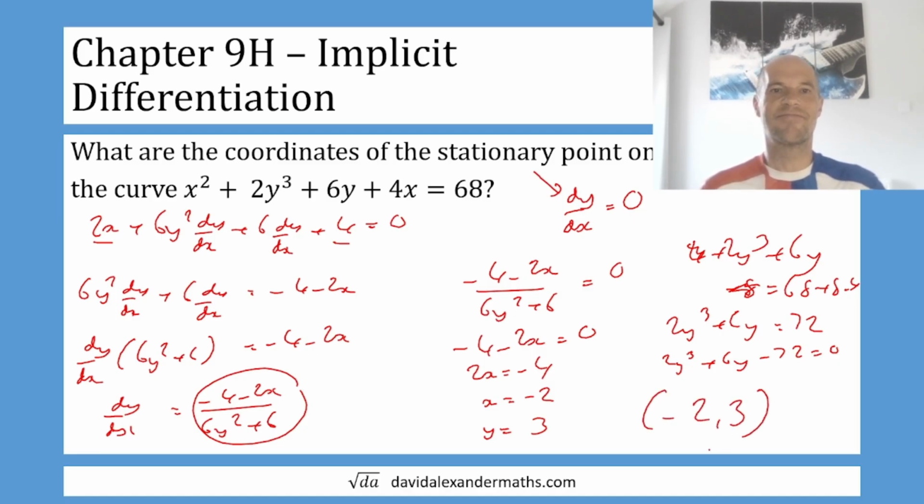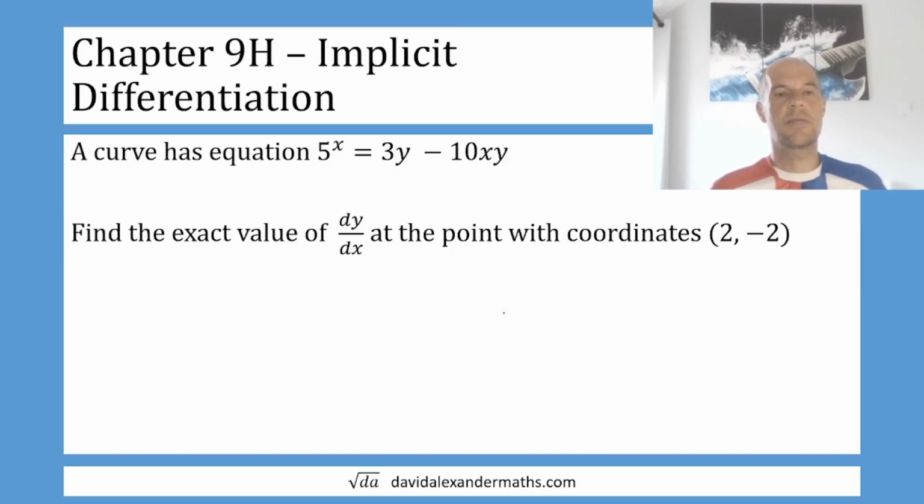And we're done. Okay, so here's one final example, but it's actually quite an easy one in terms of what we need to do. We just need the exact value of dy by dx. So we just need to differentiate the equation implicitly and sub in the values. Sounds easy. The only thing that's slightly tricky is, can we remember how to differentiate 5 to the power of x? Well, that is ln 5 multiplied by 5 to the power of x, and that's going to equal